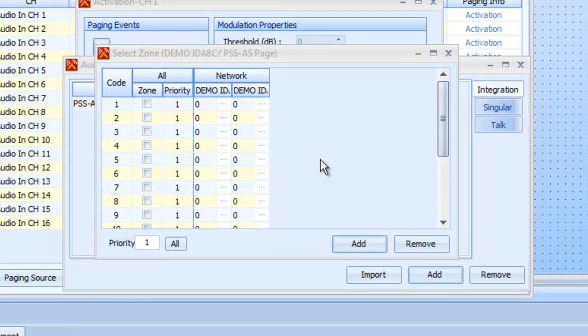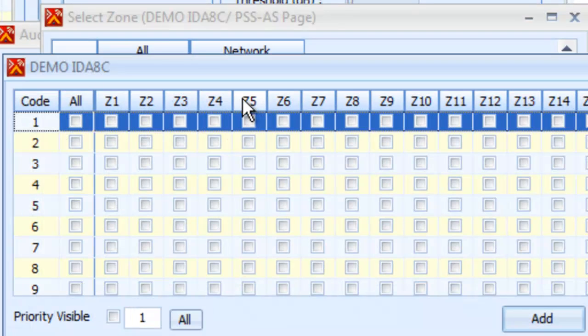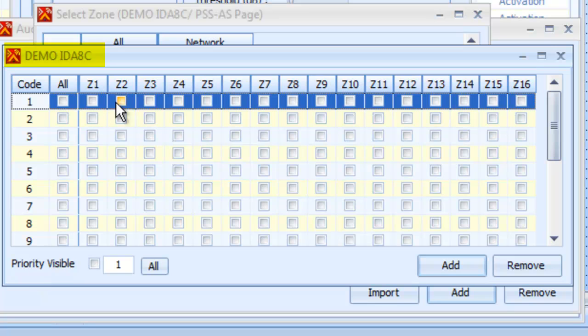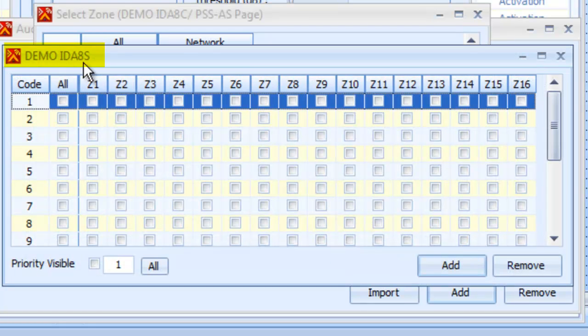Now, as you can see, the minute I did that, my IDA8C is right here. My IDA8S is right here. I can actually open this up. Here's the codes, and here are all the zones that are possible on each of the IDA8. There's 16 on the IDA8C, which you can see right there. And if I open up the second one right here, there's the IDA8S, and there's the 16 possible zones available